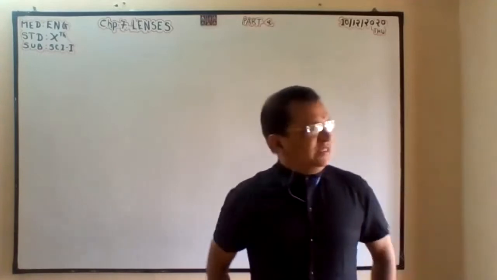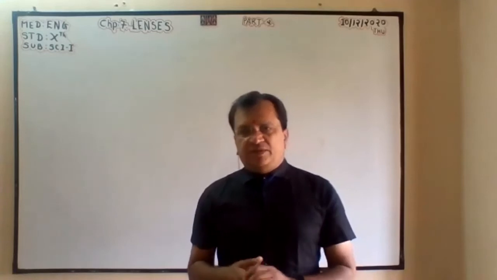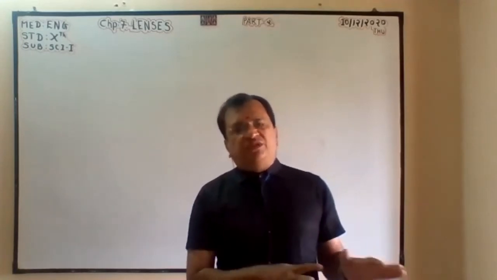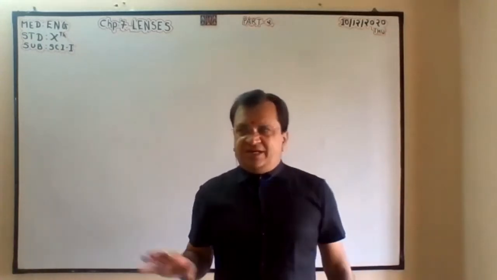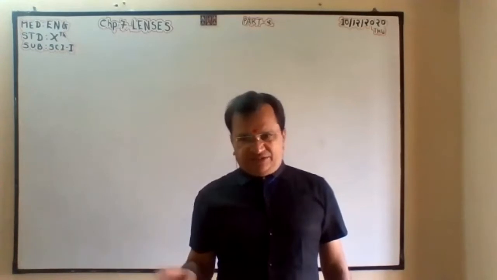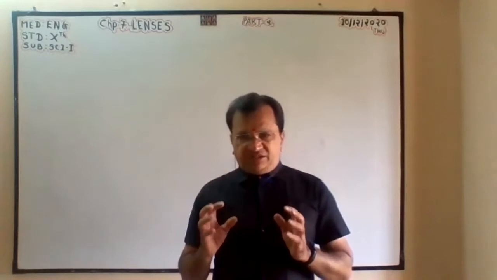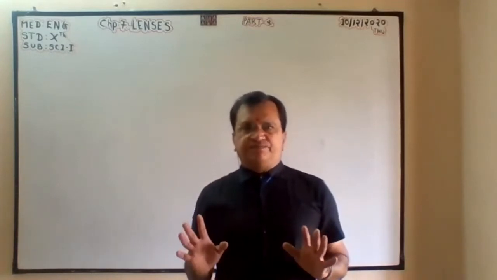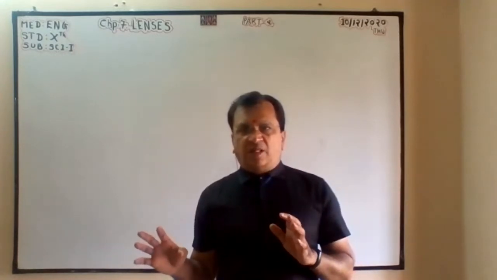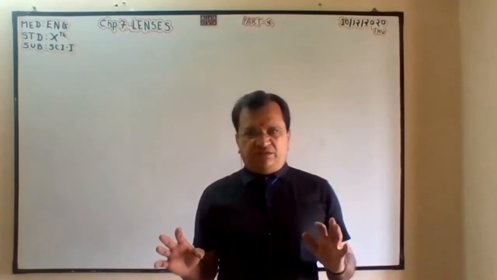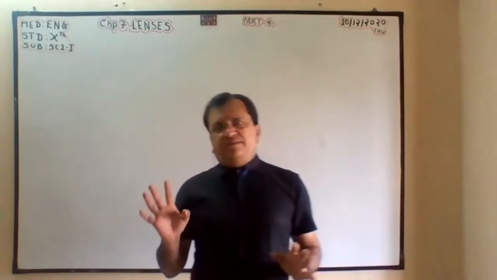Light part 2, lenses, the second lecture. There are 7 different positions of the object; among them, 6 are for the convex lens and the last is for the concave lens. I have explained that, and it is the main central part of this lesson. For all 7 positions, you have to write the answers in a table without using the textbook.